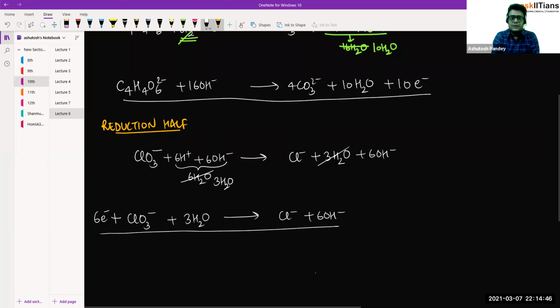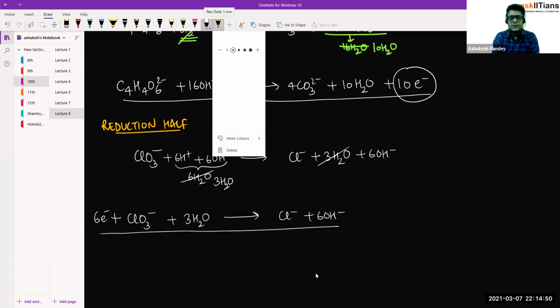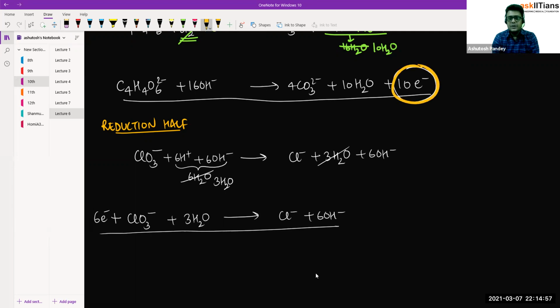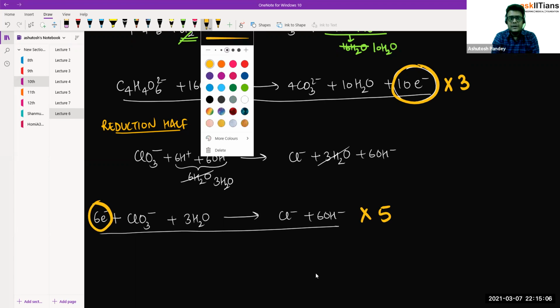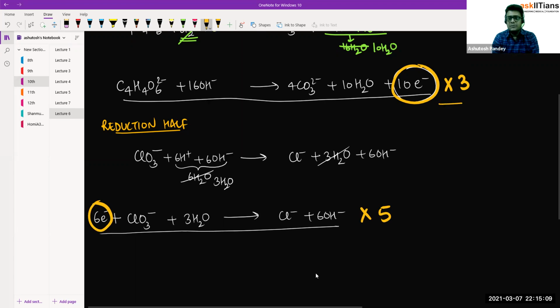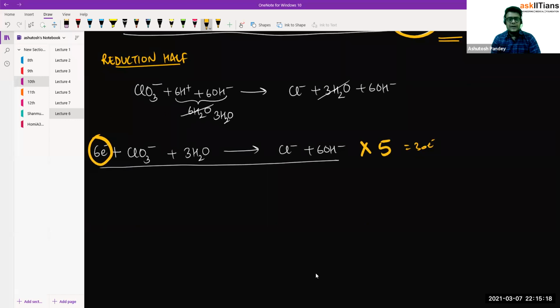In the oxidation half, we can see that we have 10 electrons coming out, and here we have 6 electrons. So what we'll do, we'll multiply it with 3 and we'll multiply it with 5. Why? To have an equal number of electrons. Then we can write both the reactions as